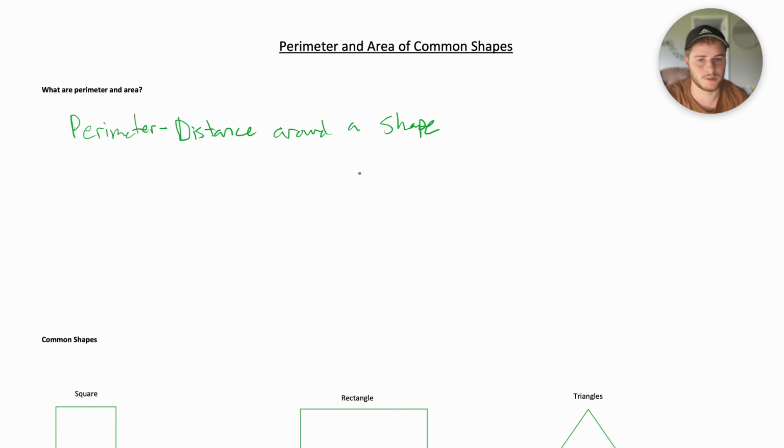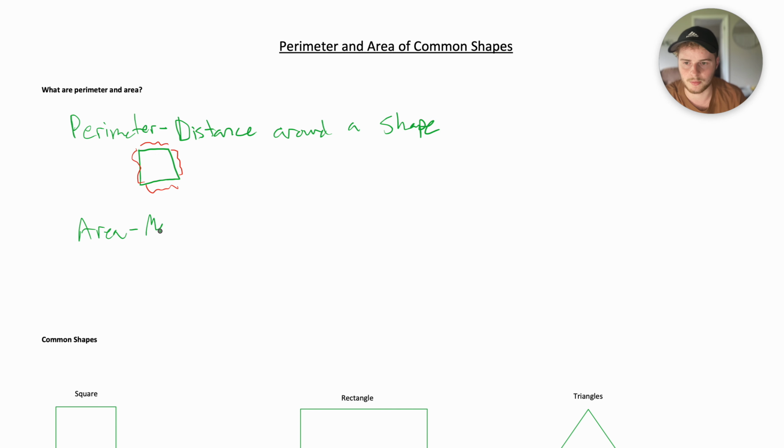The best way I can describe perimeter is the distance around a shape. This will all come into sense as we do examples, but we can look at a shape such as this. And then with this in mind, we could say the perimeter is all of this distance on the outside. So it's not any one of these, but all of them together. And now area